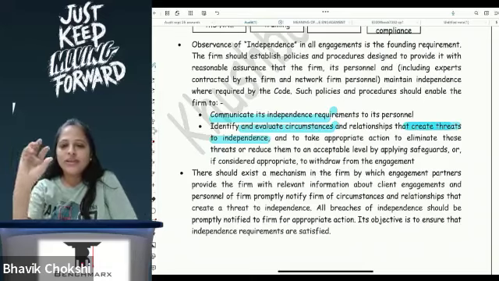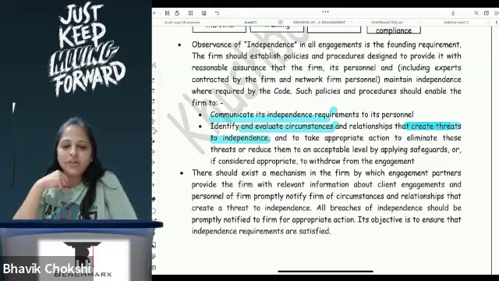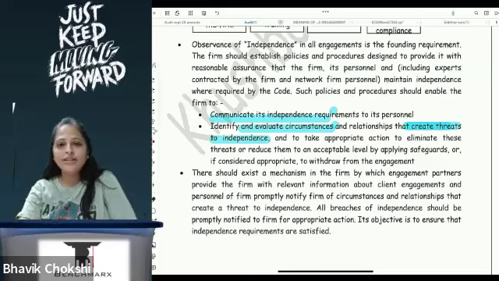Are we understanding? So whenever there is a threat to independence as a CA firm, it is your responsibility to identify the threat. If today I am auditing a certain firm, and my cousin or some relative is an accountant in that particular company, then in that case there is an independence threat, and as a CA firm it is my responsibility to ensure that I withdraw or highlight, or that I am not involved in that particular assignment. That can also be done, correct? So you don't always have to withdraw, you have to ensure I am in no way involved in that particular assignment. That is also okay, correct?